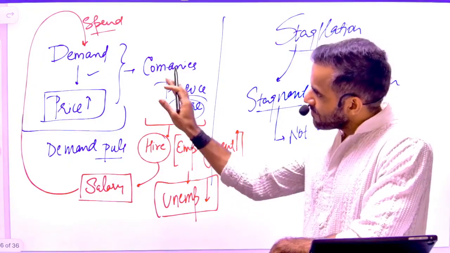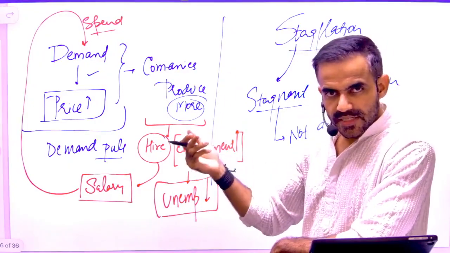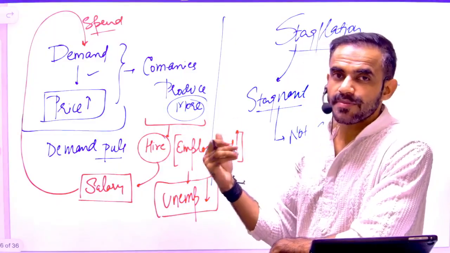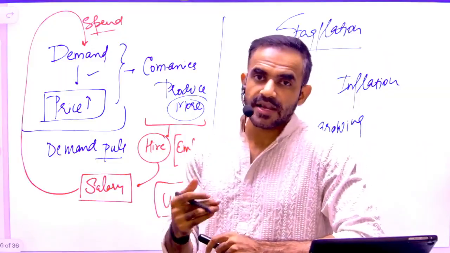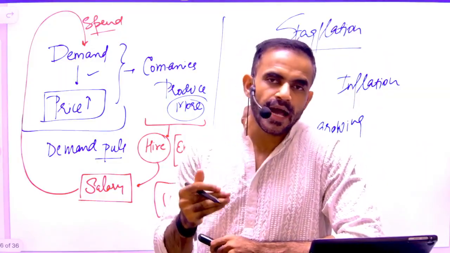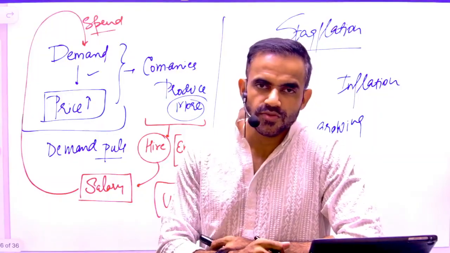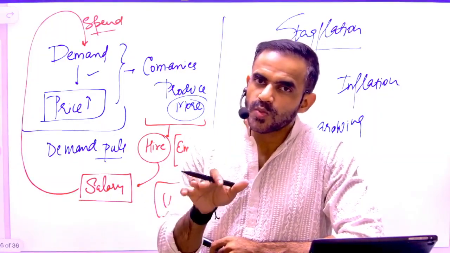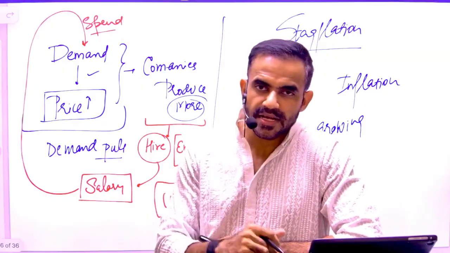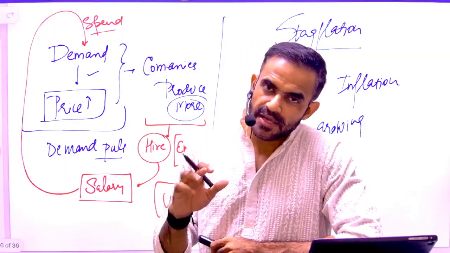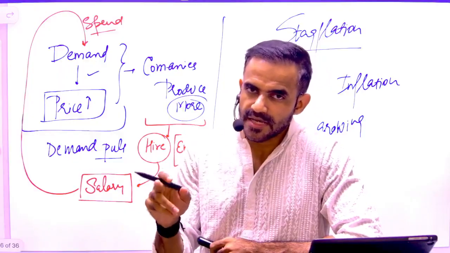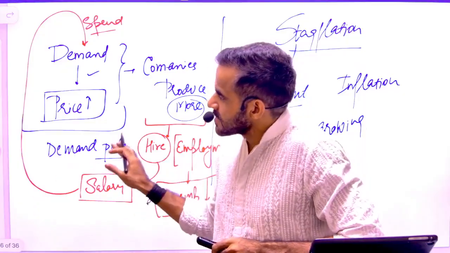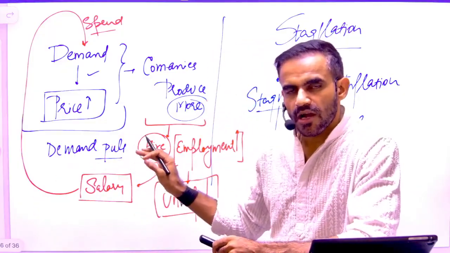So if there is demand, price will increase. If there is demand, companies will produce more. How will they produce more? They will set up new factories. They will hire more workers. They will pay salaries to those workers. If these workers earn money, they will spend that money. If they spend money, it will lead to more demand, and subsequently this will be a cycle of growth. Normally, this is the cycle which every economy wants to achieve.